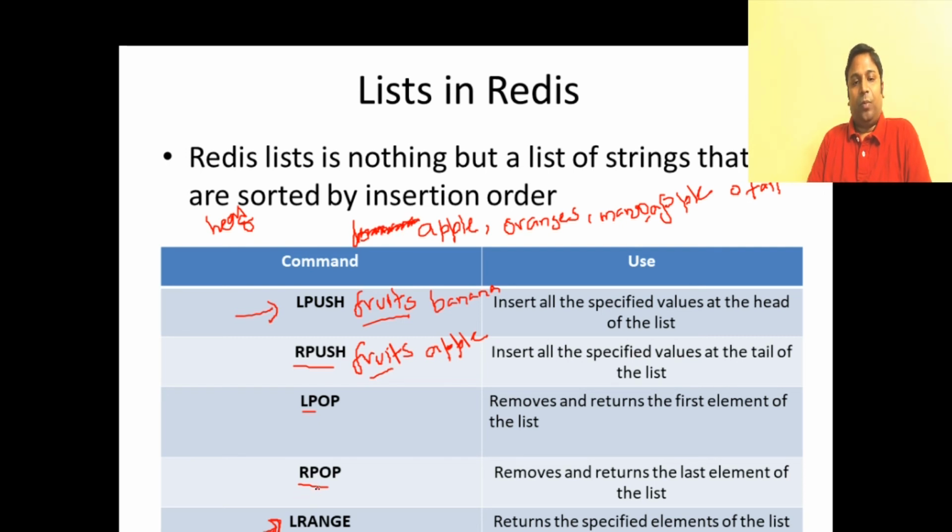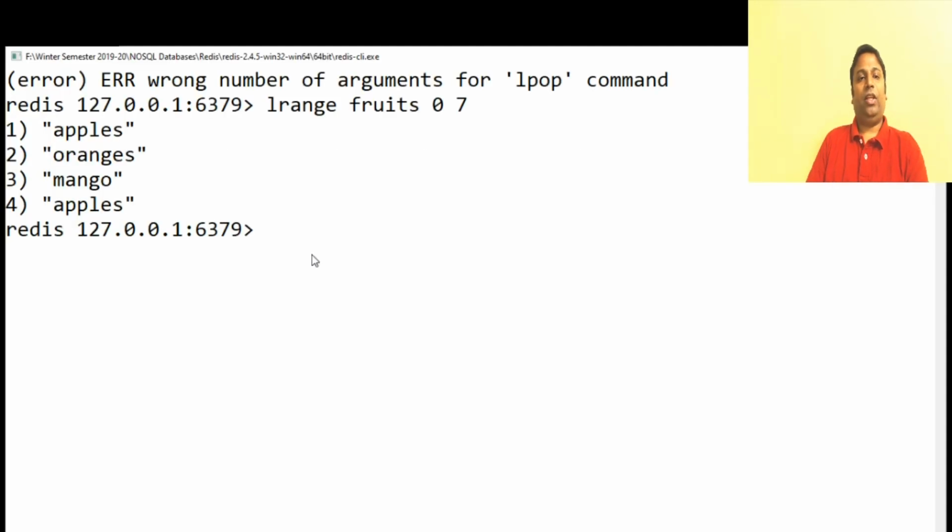What is rpop? Rpop will go to the tail and then return the last element. Say apple is that element, it will return that, and it will also remove that element from the list. So pop is used for returning that element and also removing that element from the list. Say if I give lpop fruits, if I give the list name, it's going to go to the head. Whatever item is first will be deleted and returned to the user. So when I do lpop fruits, it's going to go from the head and remove apples from my list.